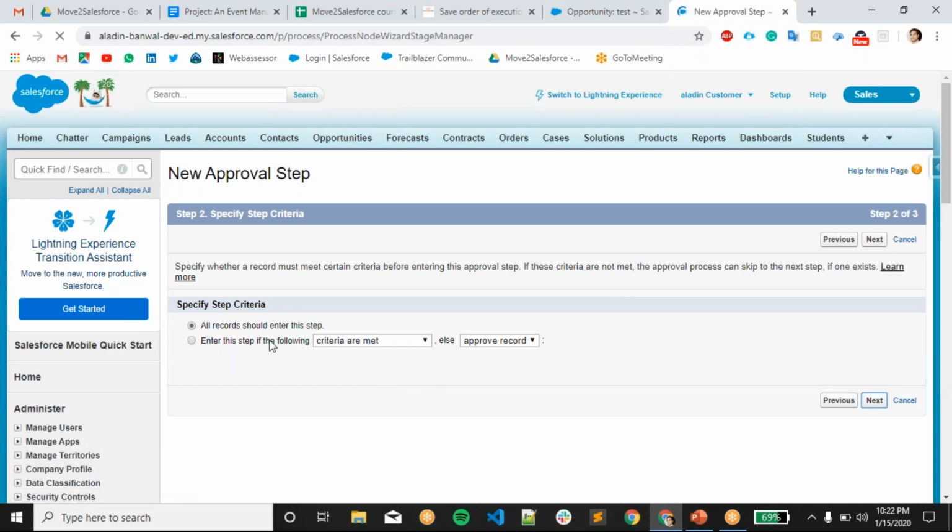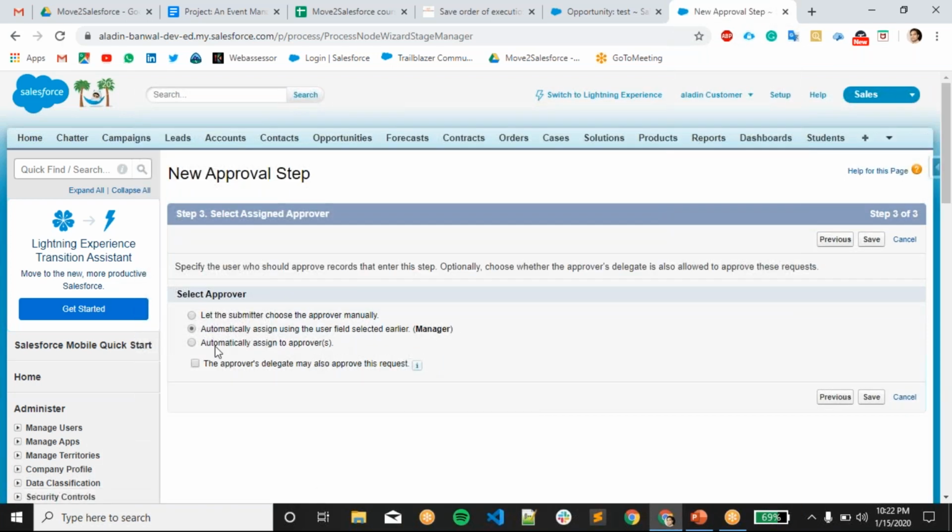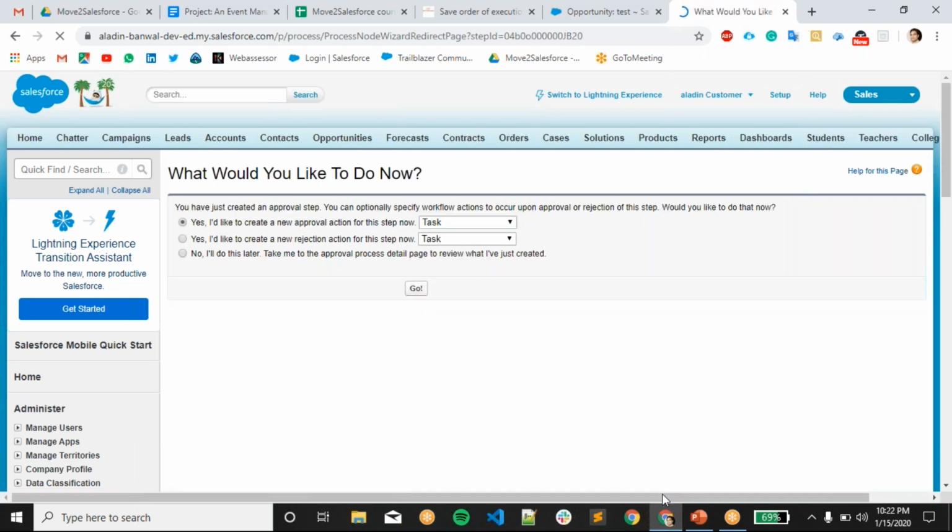Here you can specify the criteria for that, and automatically assign using the user field selected earlier, manager. So we can select this, so the manager will be automatically assigned to approve that record, and we will save this.